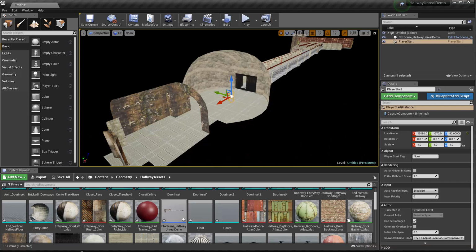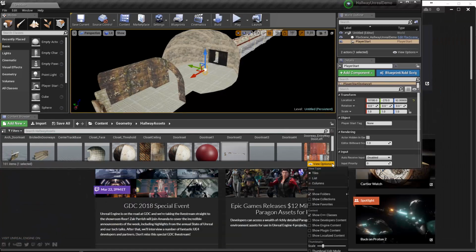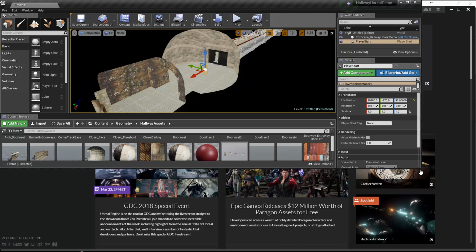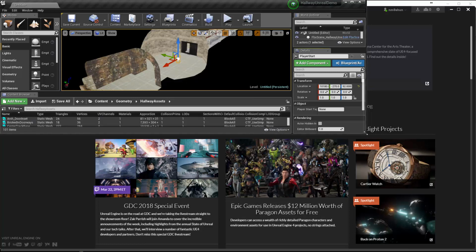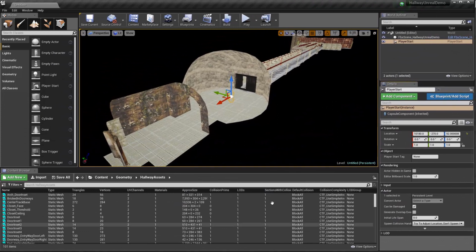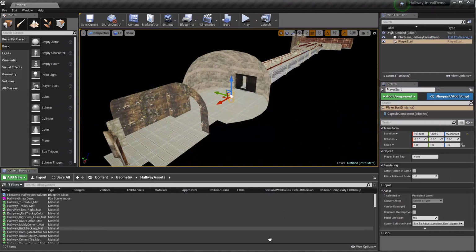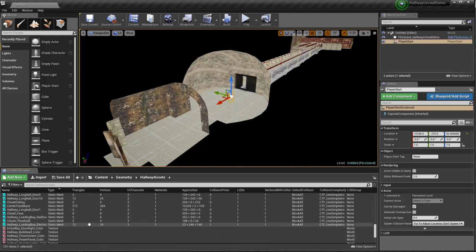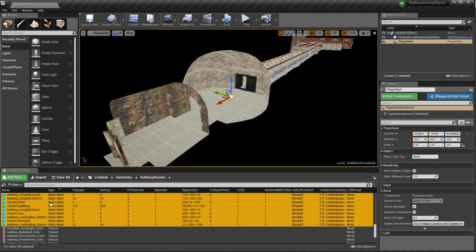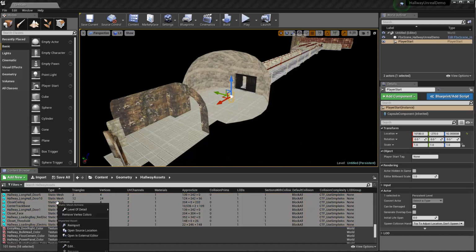To do this, come down into your content browser and change your view options. Let me resize this a little bit so you can see it. Change your view options so that you're looking at it in columns. Once you have that in columns, we can say, I only want to talk to the meshes, so let's organize it by type. Now I'm going to select the top mesh, scroll down, hold the shift key and select the bottom mesh. When I have these, I'm going to right click on any of them, come down into the asset actions,